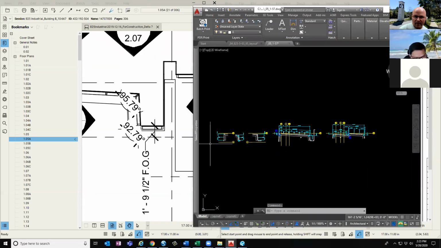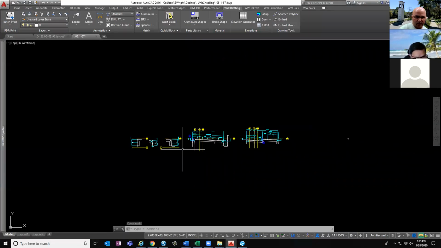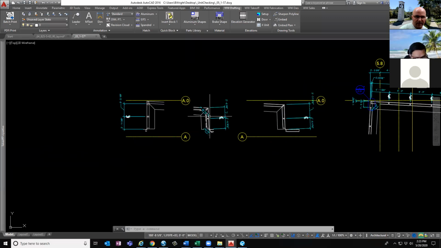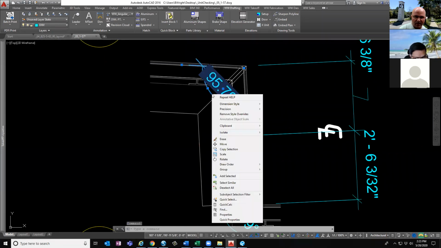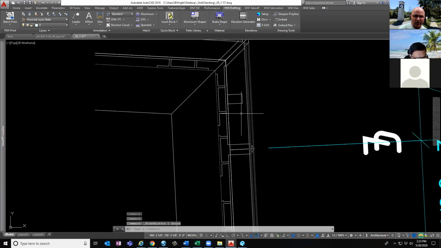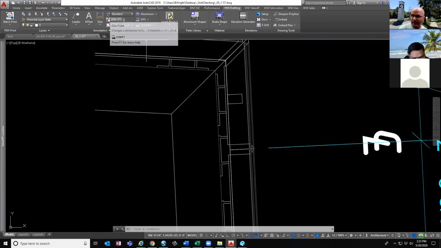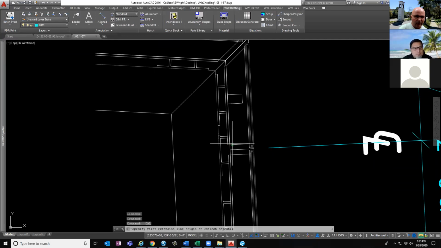So I have a CAD version that shows my 157, and I knew that I was going to be doing this demo, so I actually penciled in where my tube was going to be. Can't see that too well from here, so I'm going to hide this dimension for now. And what I want to determine is what it is from my daylight to my tube. I just centered the tube inside of the embed, and if the embed is placed properly in the CAD drawing, which it should be based on this being drawn in Revit, then I should be able to just get an